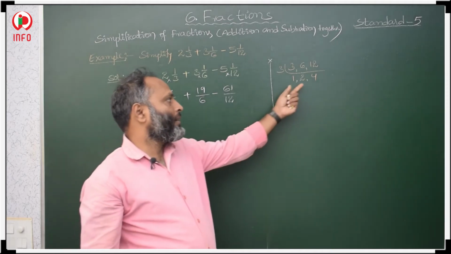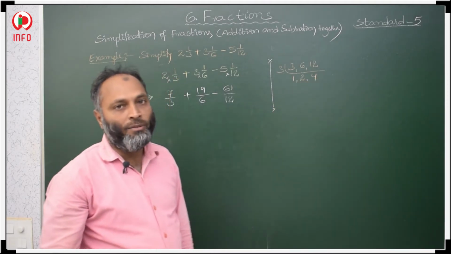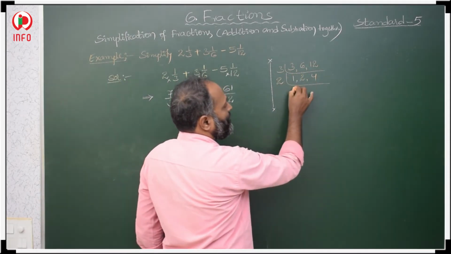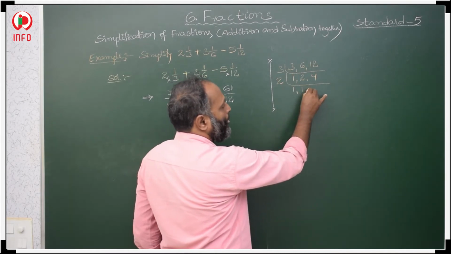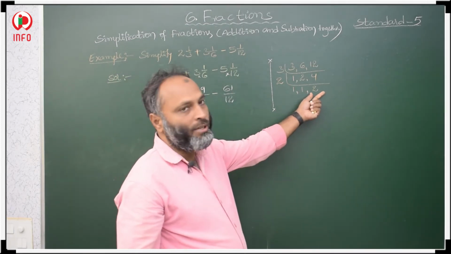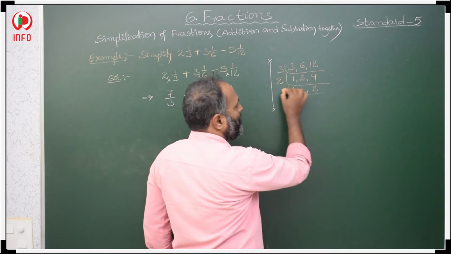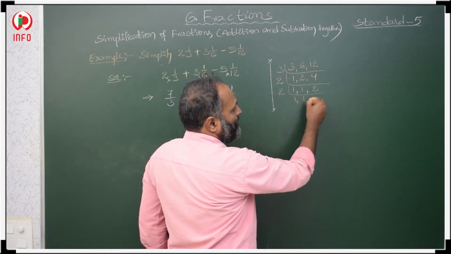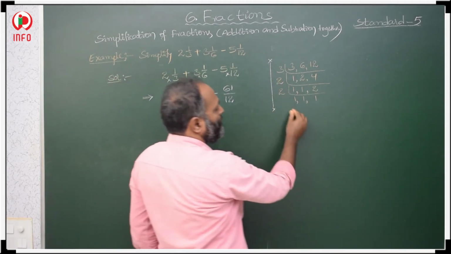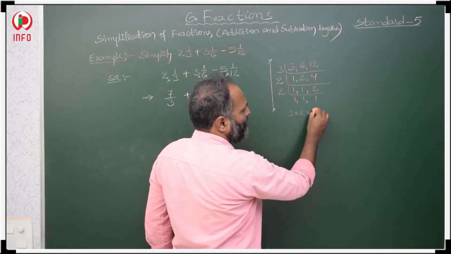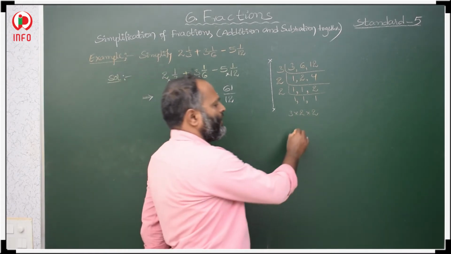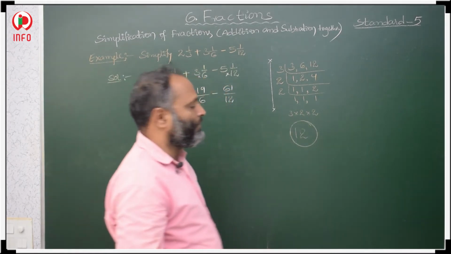Then after that this is 1, and we check these 2 and 4. These 2 and 4 are even numbers, these two numbers are divisible by 2. Now you take 2. This 1 as it is, 2 1s are 2, then 2 2s are 4. Here 1 is there, and here 2 is there, so we take 2 next. 1 as it is, 2 1s are 2. All ones we are getting. Now we stop here. Now you multiply 3 into 2 into 2. 3 2s are 6, 6 2s are 12. What is the LCM? 12 is the LCM.